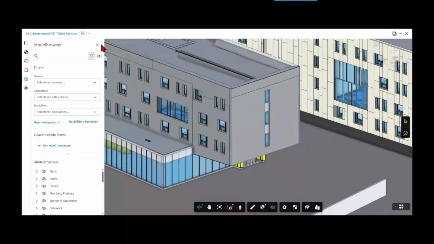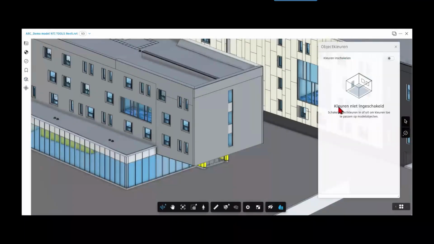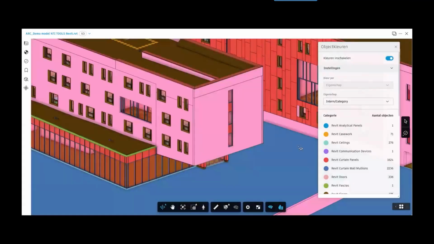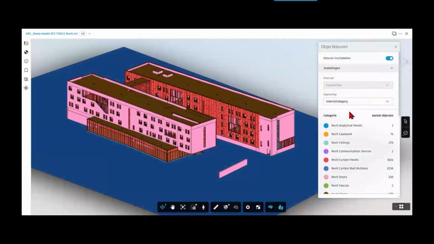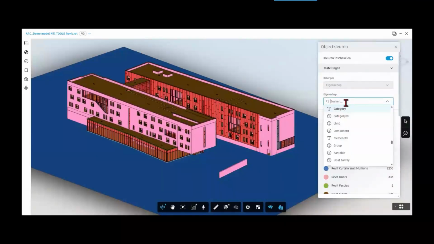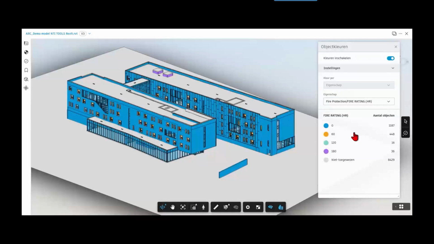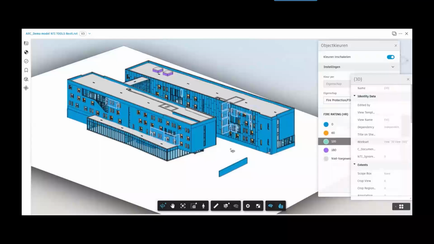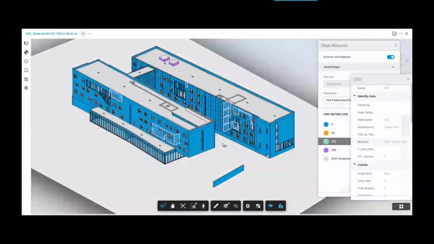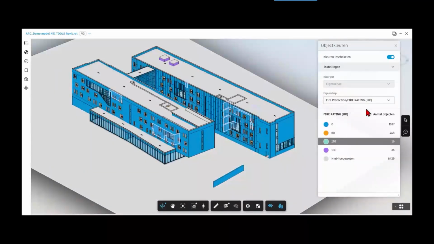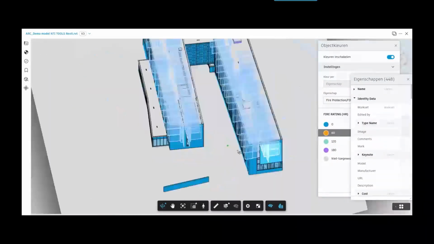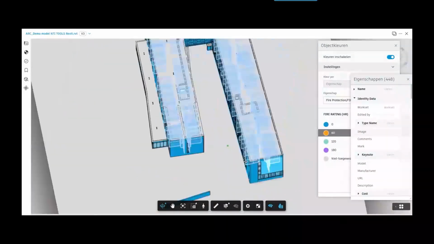The next thing I want to show you is the coloring. So the people that work with Model Coordination already maybe know these colors, but it's also possible to add these colors in Forma data management. So you can set a specific parameter on the right side and you say, for example, the fire rating. So I want to color my objects based on the fire rating data. So now it gives me an overview of which walls have like 120. I can also select them by clicking on it. And also maybe the 60 minutes, I can just select them